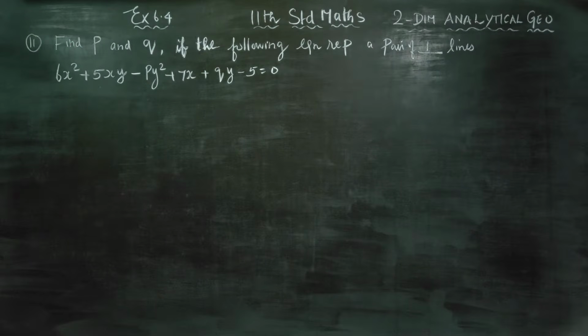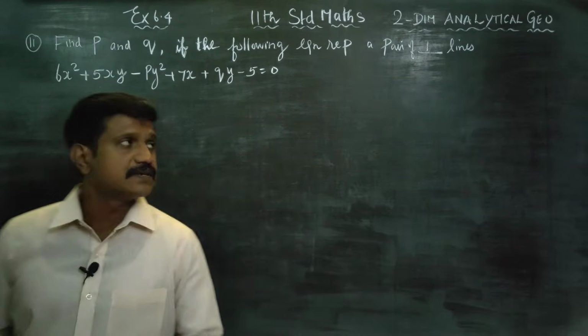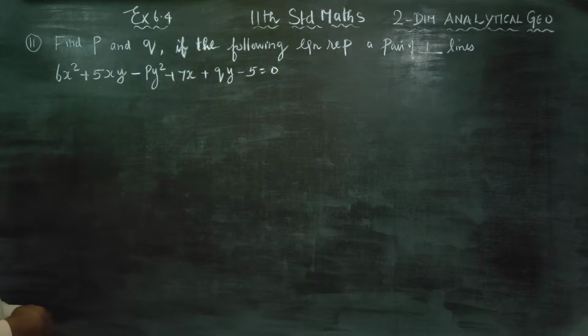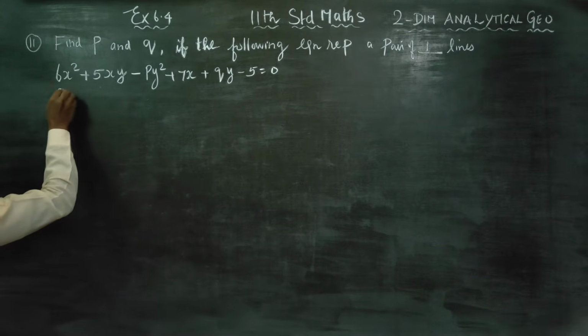Dear 11th standard students, in exercise number 6.4 sum number 11, find P and Q if the following equations represent a pair of perpendicular lines. இப்போ pair of perpendicular lines அப்படினாலே first concept என்ன அர்த்தம் அப்படின்னு பார்த்தீங்கன்னா